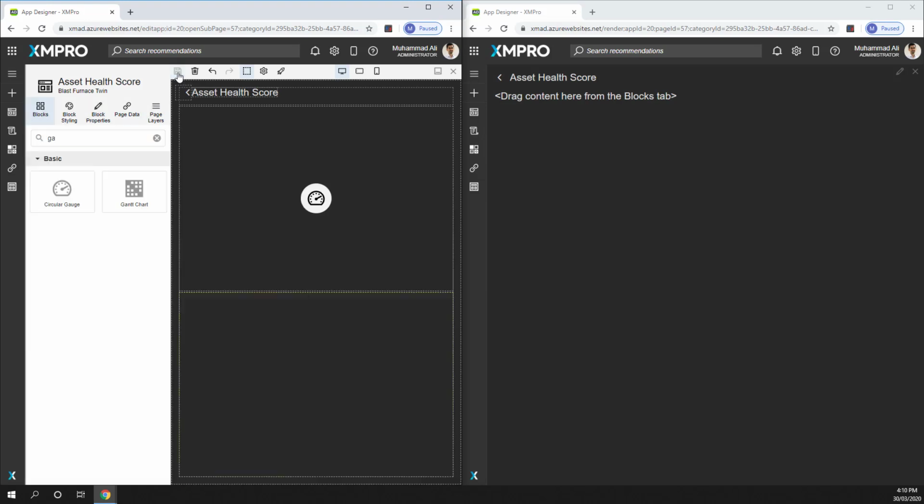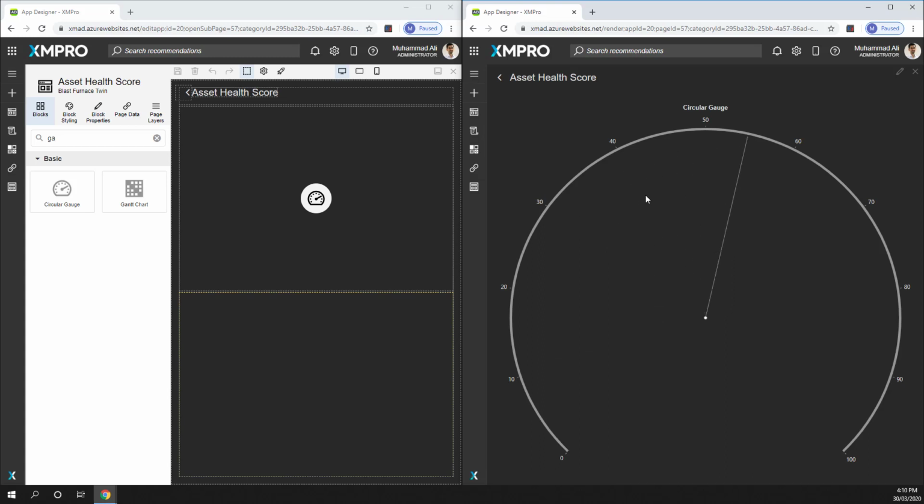So without making any change, we can see what it looks like, and that's basically what it would look like as default. You can see it has a range on the outside circle, which is going from 0 to 100, and the needle is pointing to a value currently sitting at 55. Now, let's say we want to change a few things here,